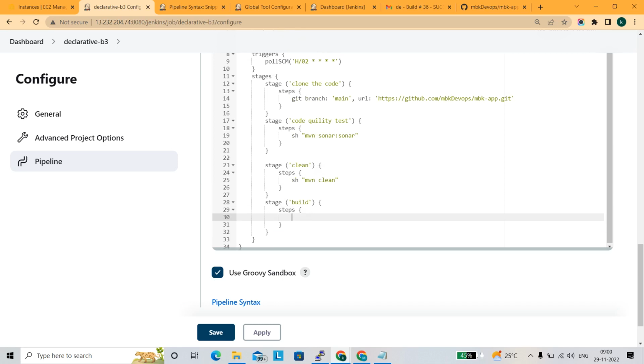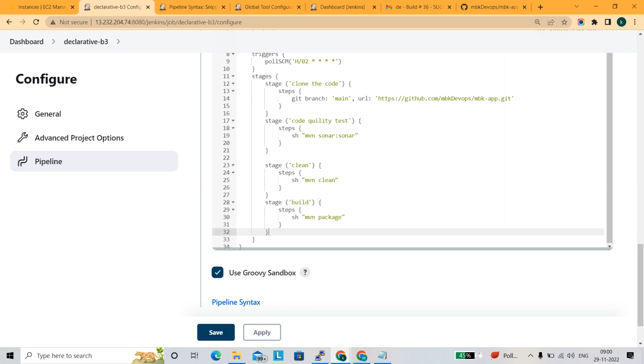Under the steps we give the step information or details. sh, we are passing the Maven goal, mvn package. Okay, and after this stage